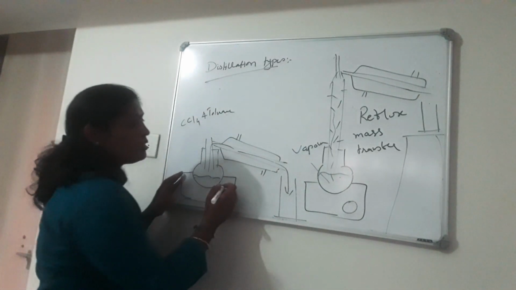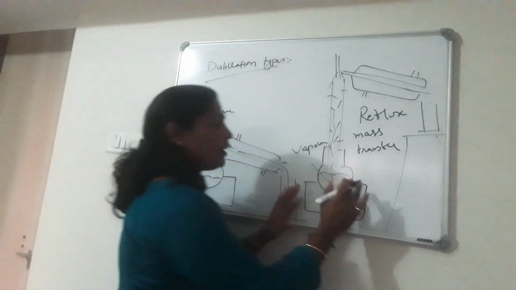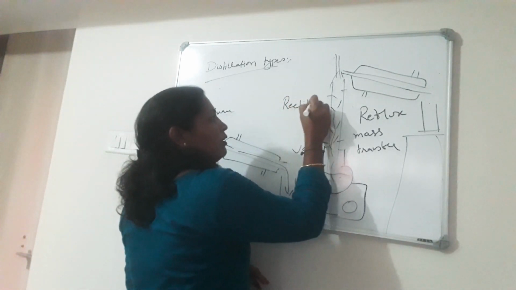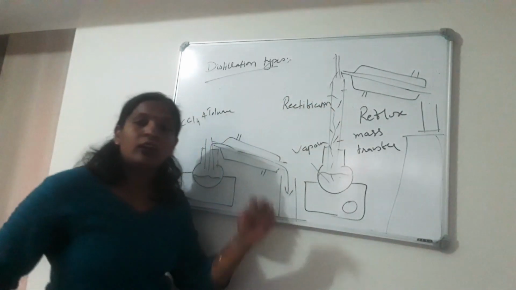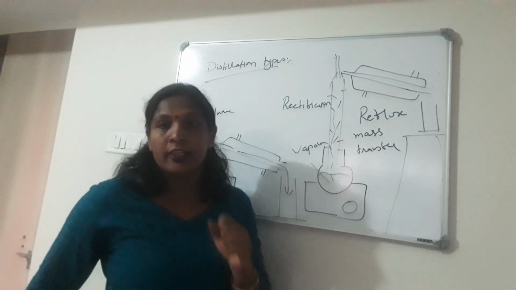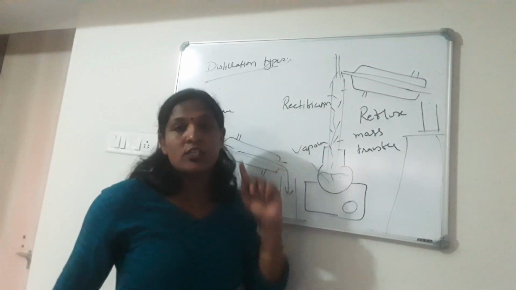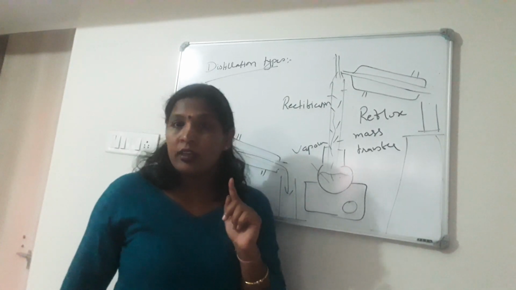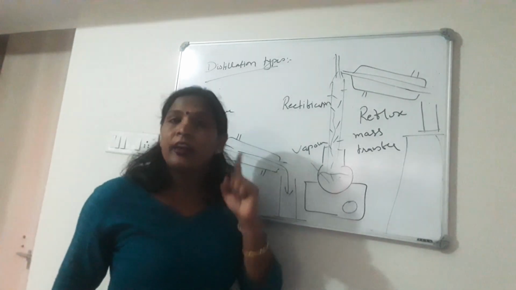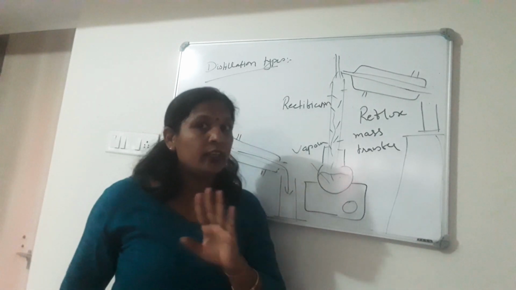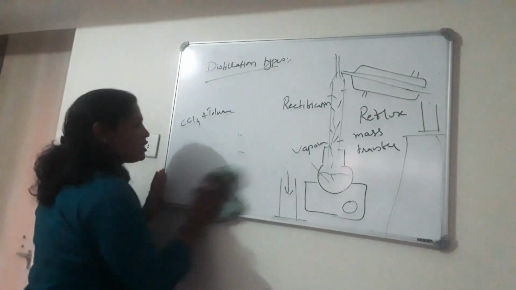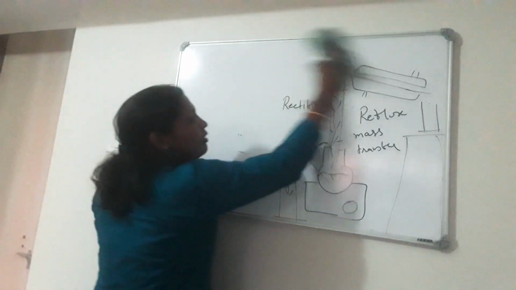In simple distillation, this will happen. In rectification, reflux will happen. So the types of distillation are: the first is simple distillation, the second is equilibrium distillation, and the third is rectification. In rectification, reflux takes place, while in the other two it does not. Now, if we are having simple distillation, in that case we are having